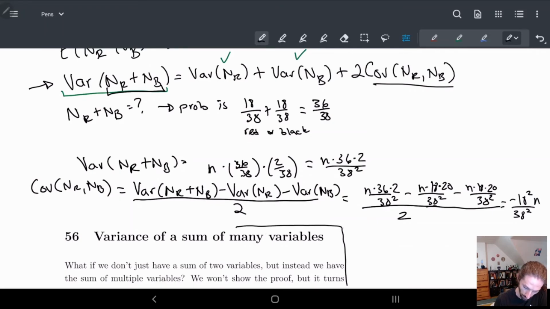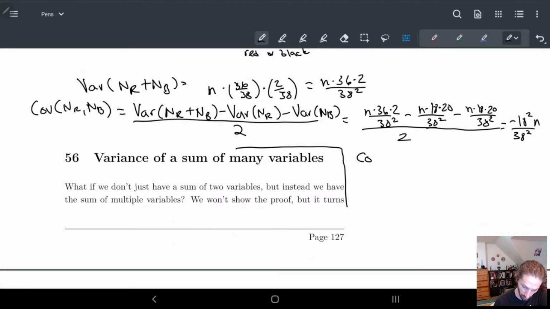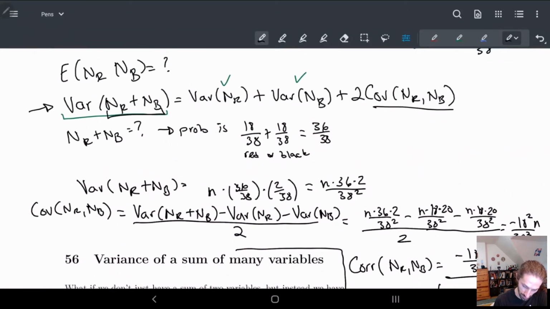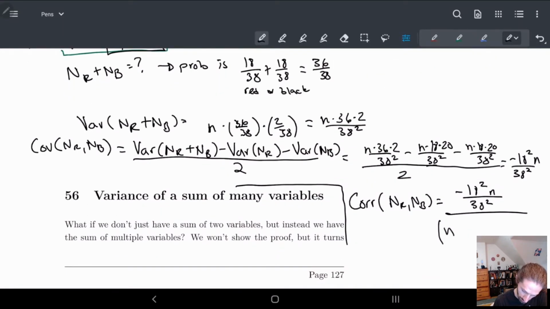Running out of room, but basically what we're left with is trying to figure out the covariance, right? Or the correlation, right? So what do we have? The correlation between nr and nb is equal to the covariance. So the covariance was equal to minus 18 squared times n over 38 squared. We have to then divide by the standard deviation. So the standard deviation of nr, this is just n, let's see, so we get, this is squared, so we get n times,